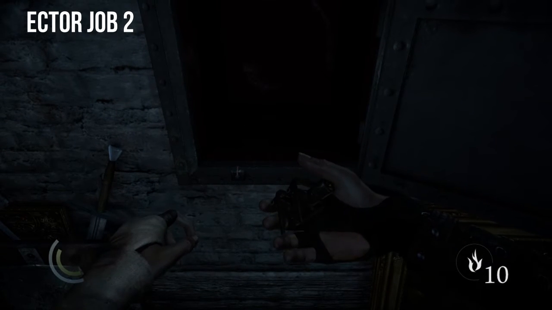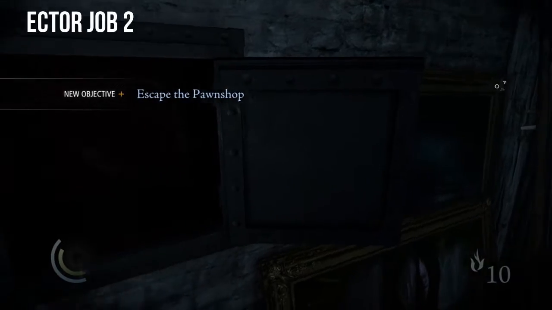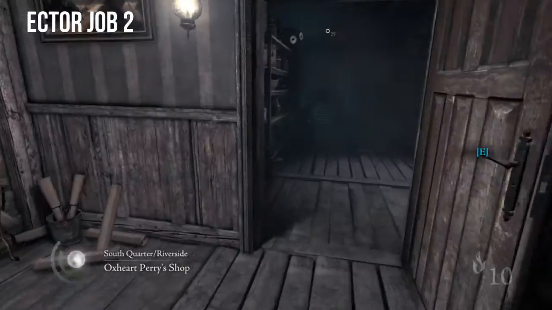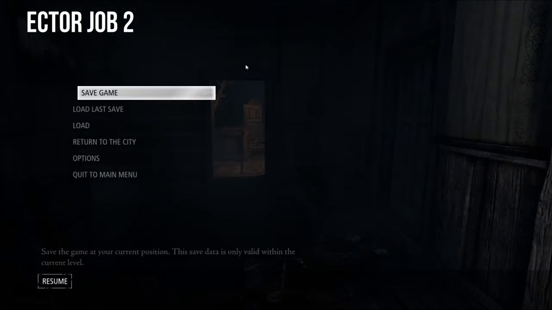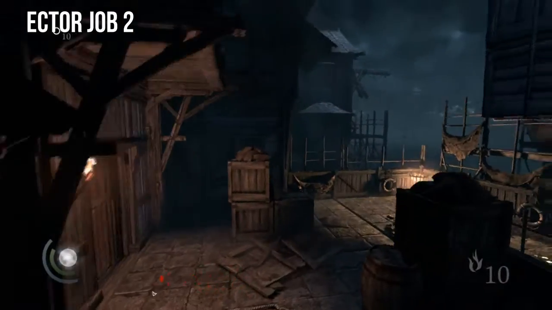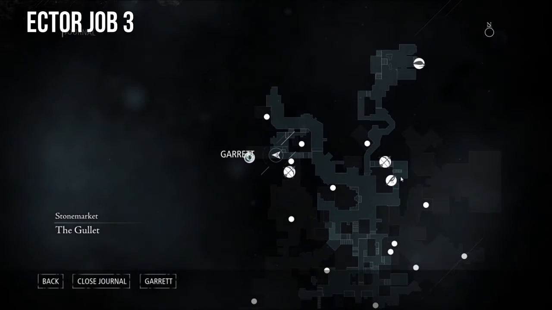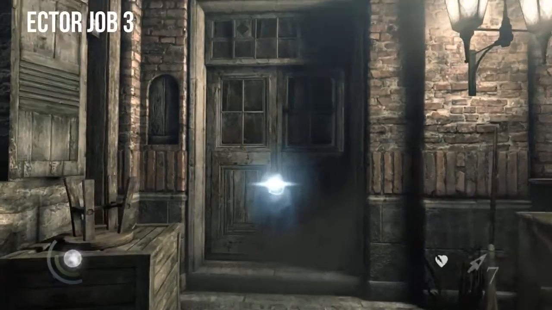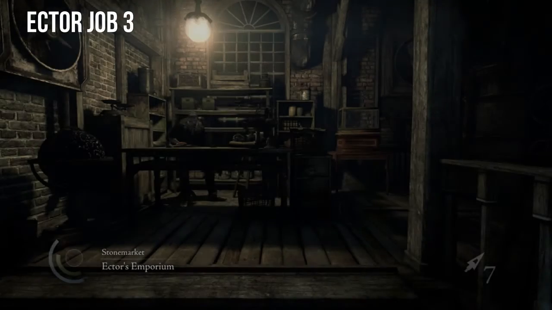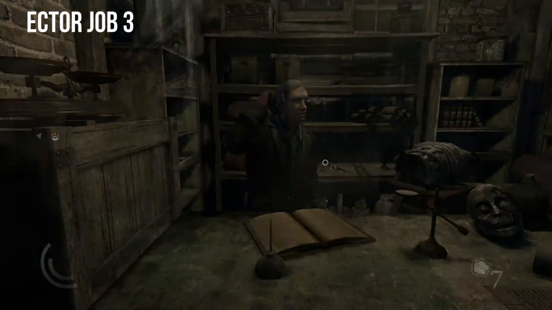So this is the voice box. Perry should have sold it while he had the chance. Ah, you again. Always a pleasure. Here's the voice box. Your thief decided to...